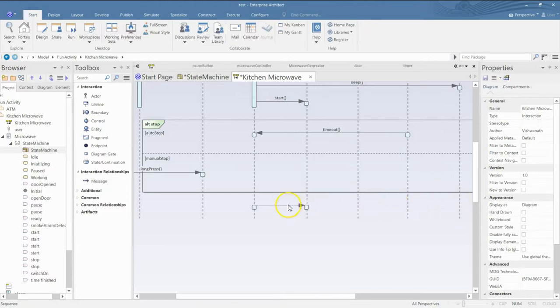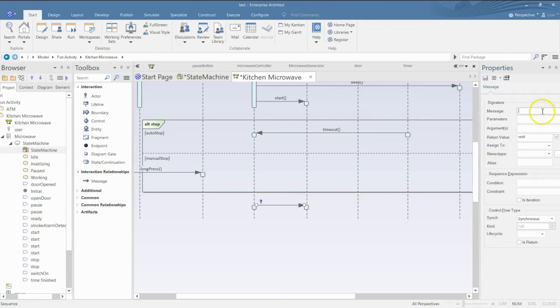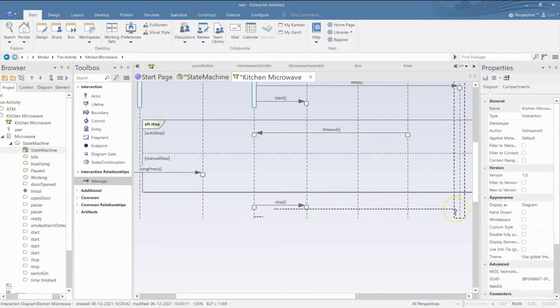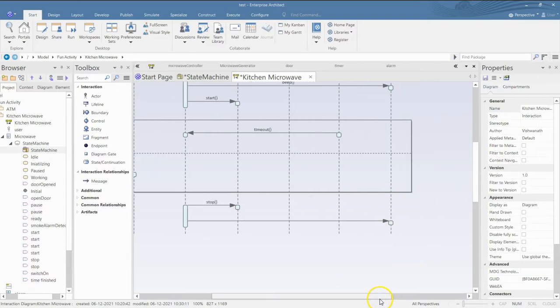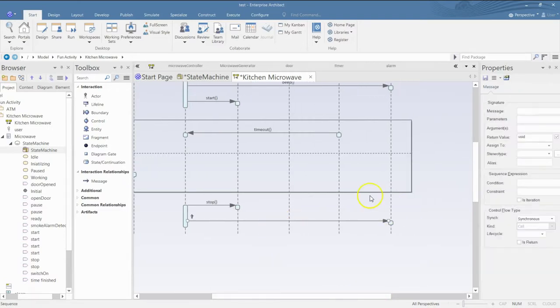So it will ask it to stop, and after stopping it has to give a, which one is this? This is alarm. So it will give a long beep saying the work is done.